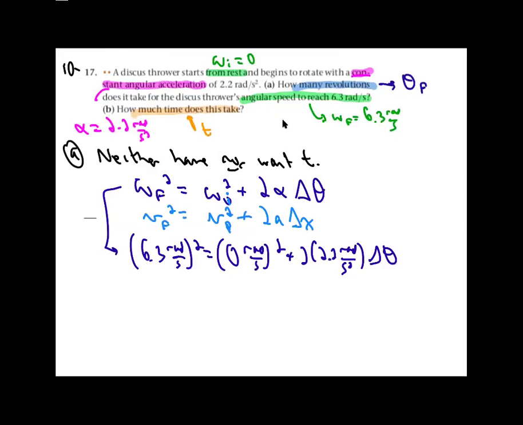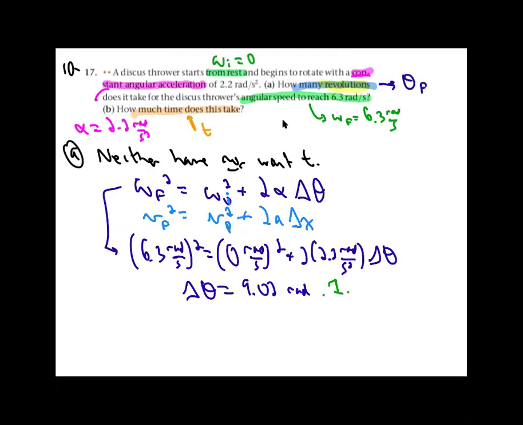And if we solve for that, we'll get 6.3 squared over 2 times 2.2. And we get delta theta is 9.02. But remember that these equations all assume that they're in radians. And just to make life annoying, the textbook asks for revolutions, not radians. So we're going to have to convert that by saying, well,